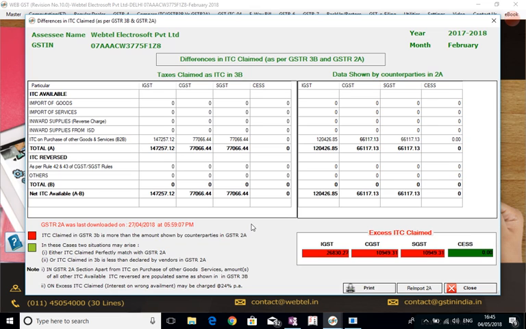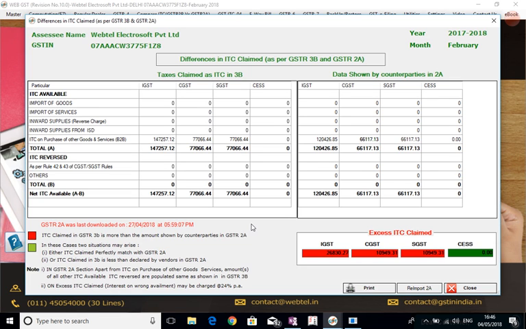And because you'll be filing GSTR 3B and the counterparties will be filing GSTR 1, which will come to you in the form of GSTR 2A, there will always be some difference because of various reasons, and you must compare these periodically. If there is some excess liability, some excess claim you have made, you must definitely pay it back to the government. Otherwise, because the government has already started this exercise, notices are already being issued